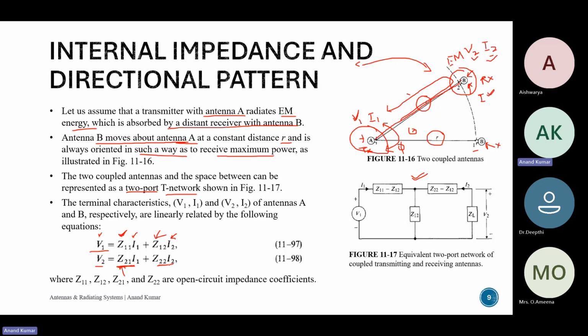So this second term, Z22, is due to the receiving antenna's input impedance, and I2 is the current which is developed in the receiving antenna. These impedance characteristics are the circuit impedance coefficients. So we've seen Z12 or Z21 are the coefficients due to mutual coupling,